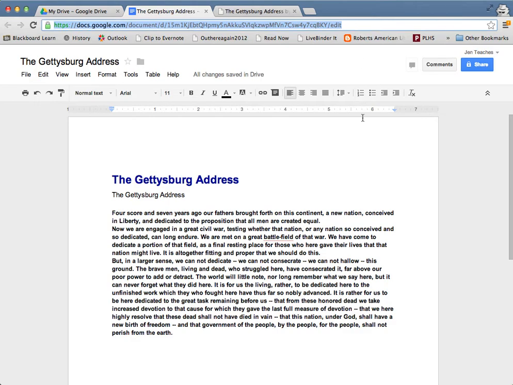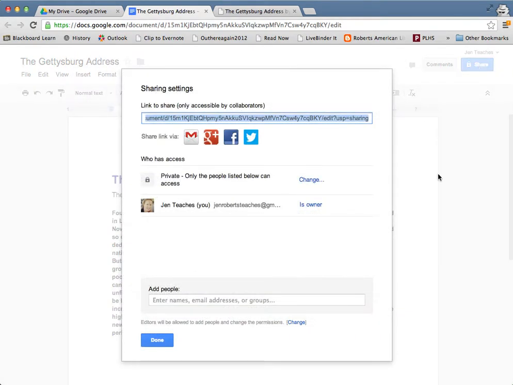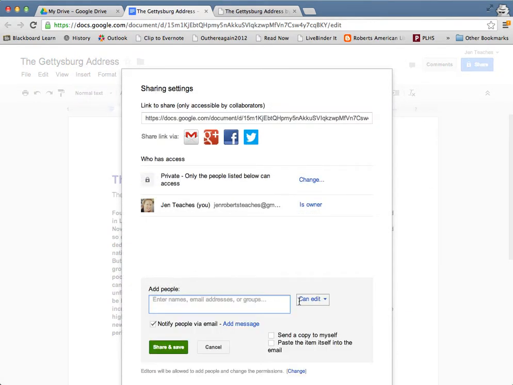If I want someone else to be able to see it, say my teacher, a professor, a colleague, I have to come over here to the Share button. I click Share, and now it asks me to enter the names or the email addresses of anyone else I'd like to share it with. Now, preferably, I'd be entering the addresses of their Google accounts so that they would automatically be able to see